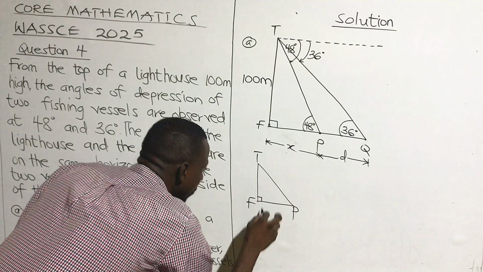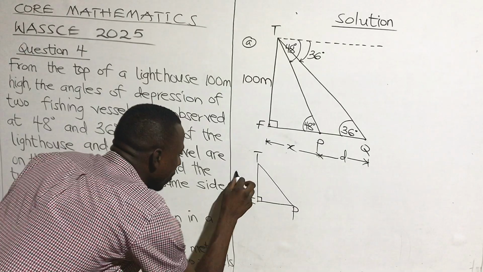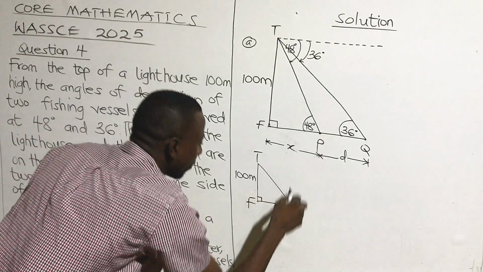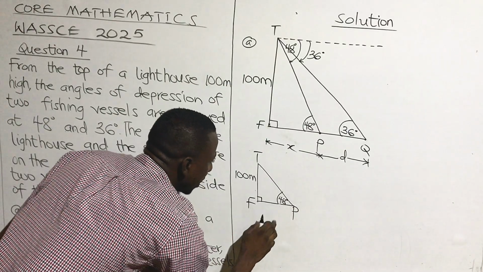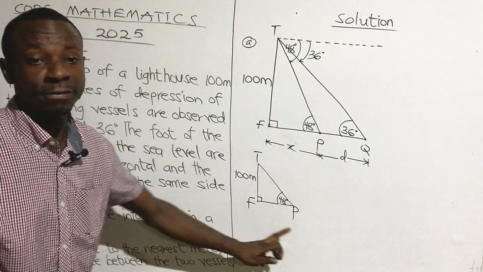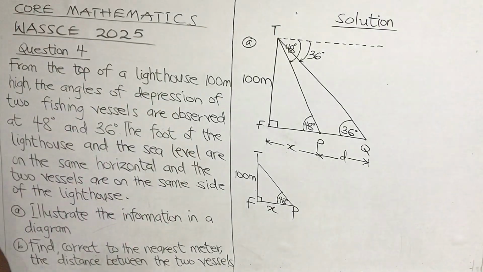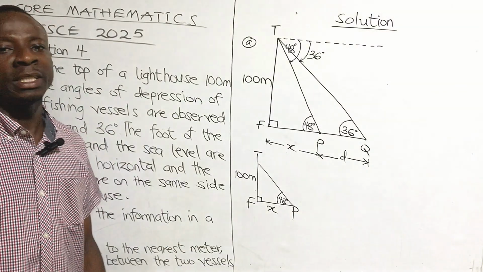TFP. Now we all know that from T to F, we have 100 meters. Then the angle we have here is 48 degrees. And the distance from F to P is X. So from what we have on the board, we can easily get the value of X by using one of